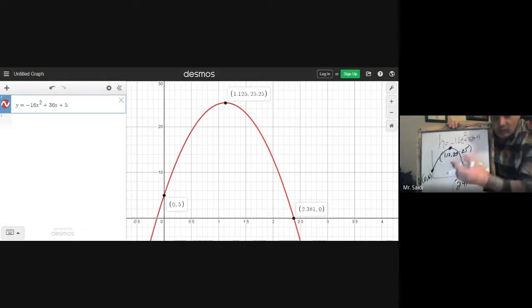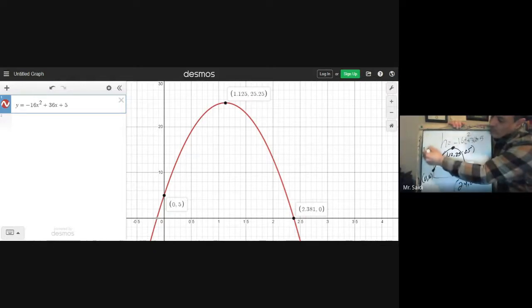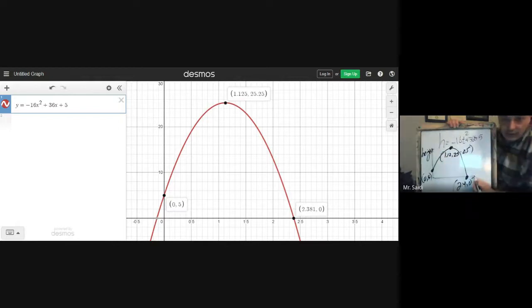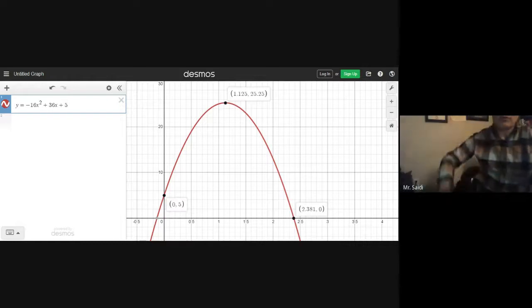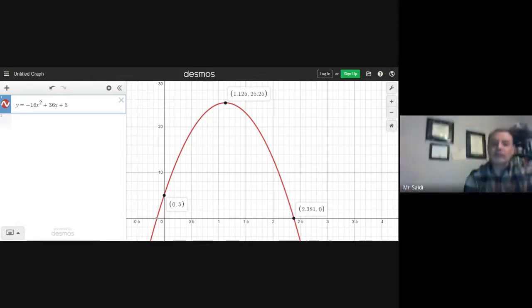Remember, in this case, the problem said that y represents the height of this foam basketball, and the x-axis is the time in seconds, like how long it stays in the air. Sometimes this could be the horizontal distance, but in this case, it's time. It depends on what it is. So to answer the questions, if you go back to that page here,